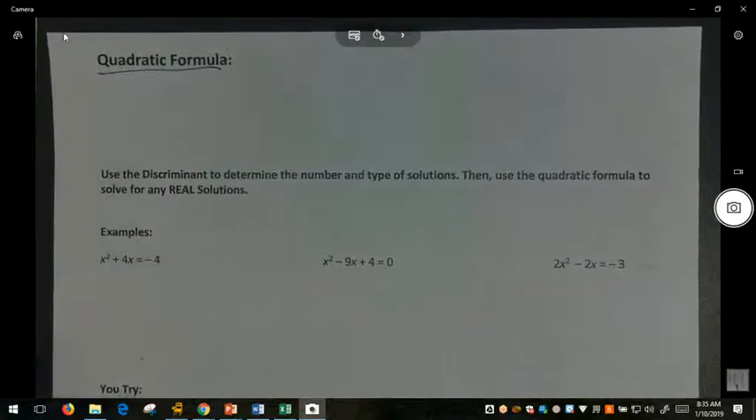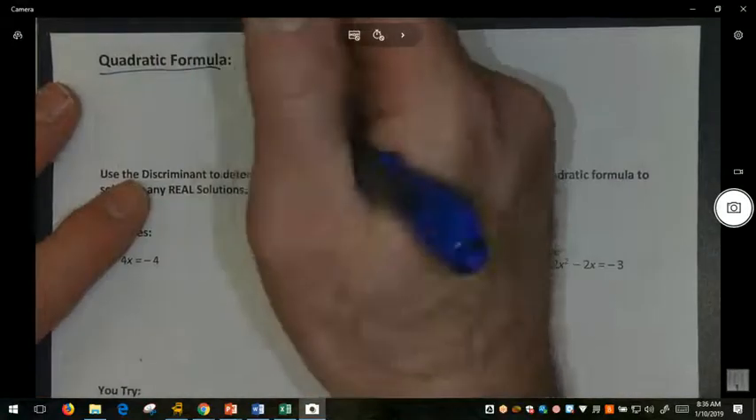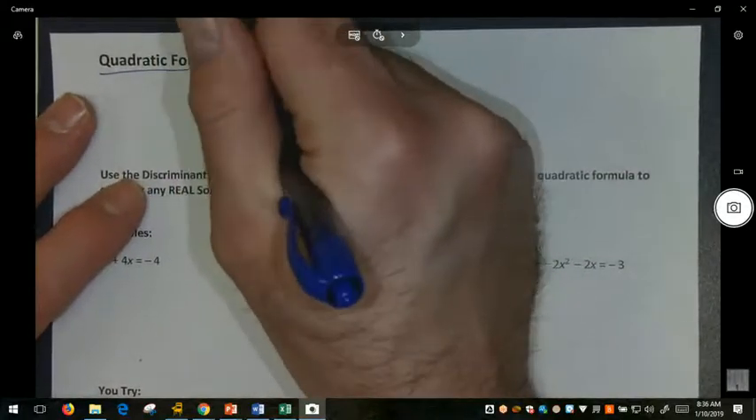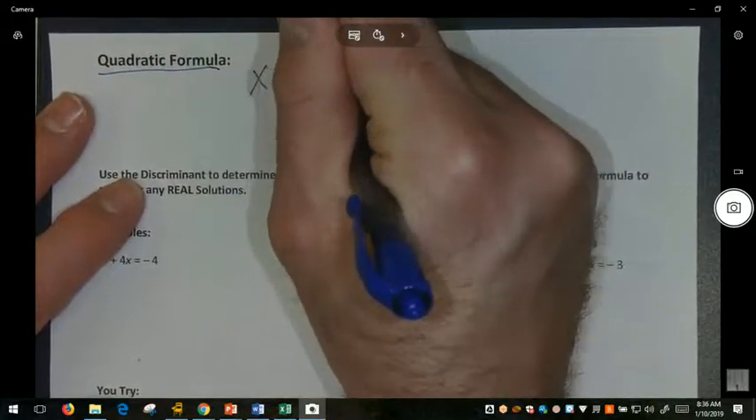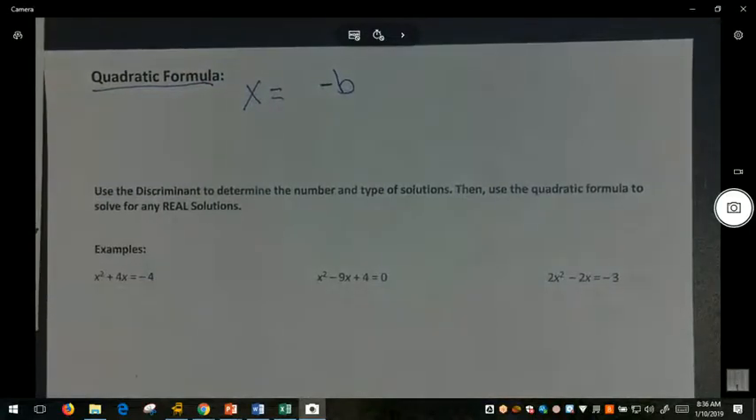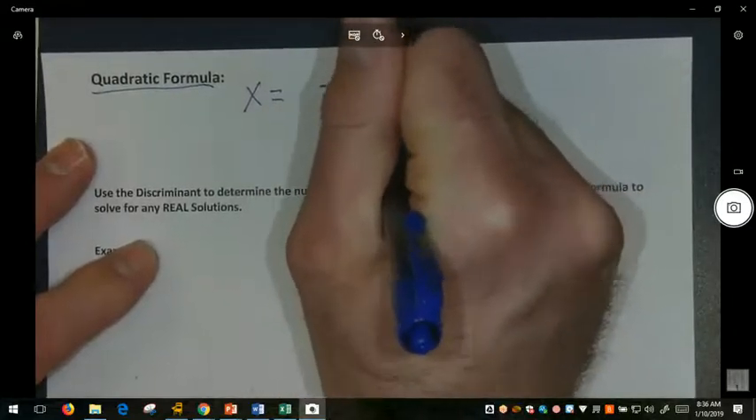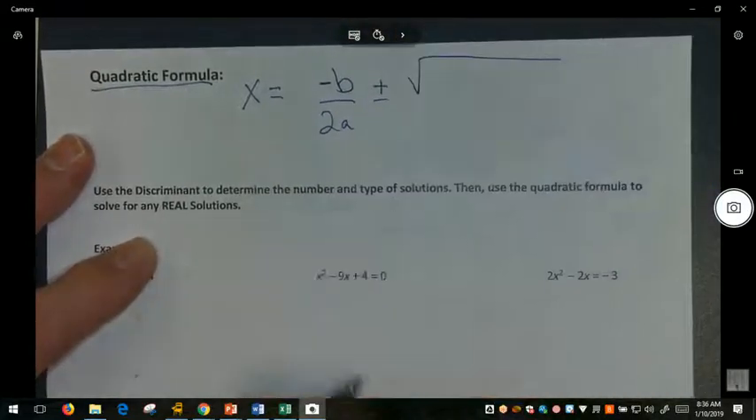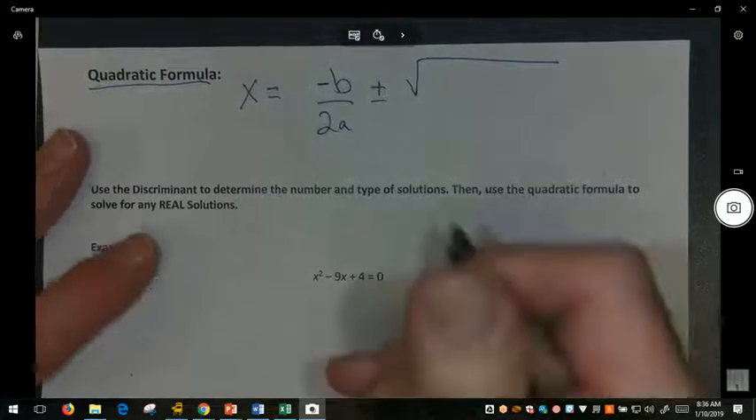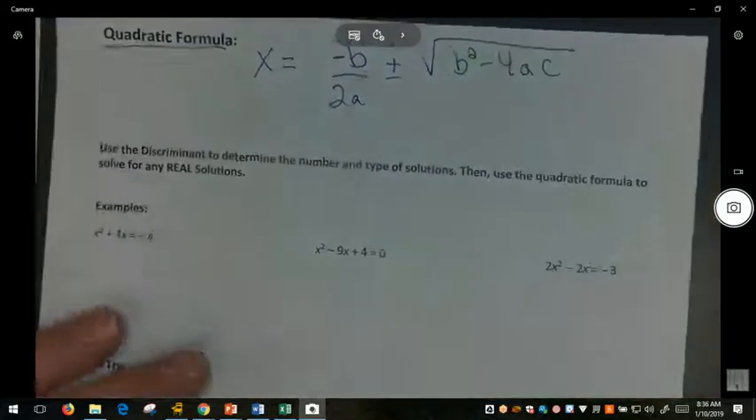The quadratic formula is the following. Opposite of B, not negative, because if it was negative, it's going to become positive. So opposite of B over 2A plus or minus the square root of the discriminant. We already know the discriminant. B squared minus 4 times A times C